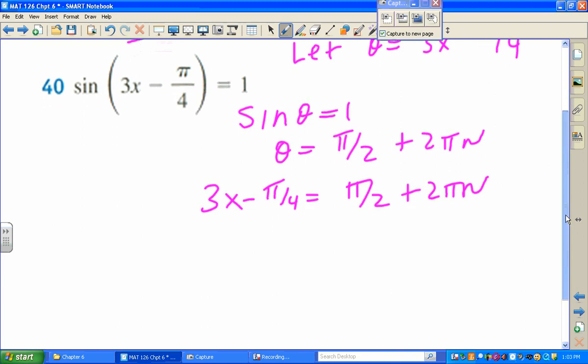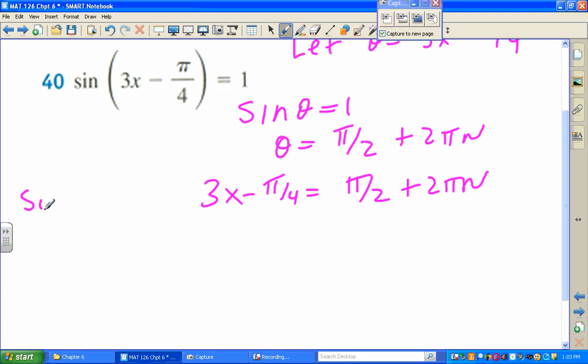Now you have this equation. Remember, the whole idea is to solve for x. X has to be an element of the set 0 to 2 pi. Okay? Remember, a bracket means it can be 0. A parenthesis means it can't be 2 pi. So my first order of business is to solve for x. The second one is to generate all my solutions from 0 to 2 pi. And I mentioned this yesterday in computer science. It's really easy to write a loop, and that's what you're doing, you're writing a loop to generate these